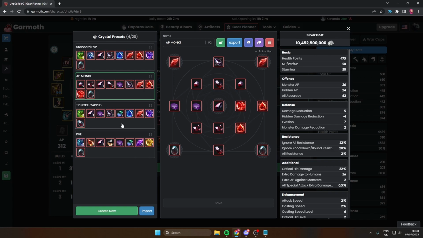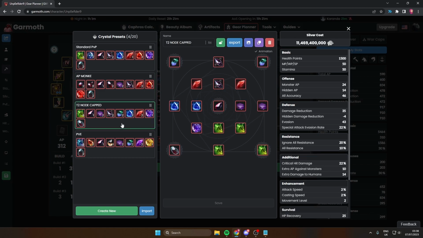The third set is for Node Wars, specifically T2 capped. For T2 capped Node Wars, you'll basically want to hard stack HP. Your AP, DP, resistance, and accuracy are all capped to a certain point for these Node Wars, so using your standard crystals will be pointless. The build that I use to stack up my HP is the following: 2 Rebellious Crystals,